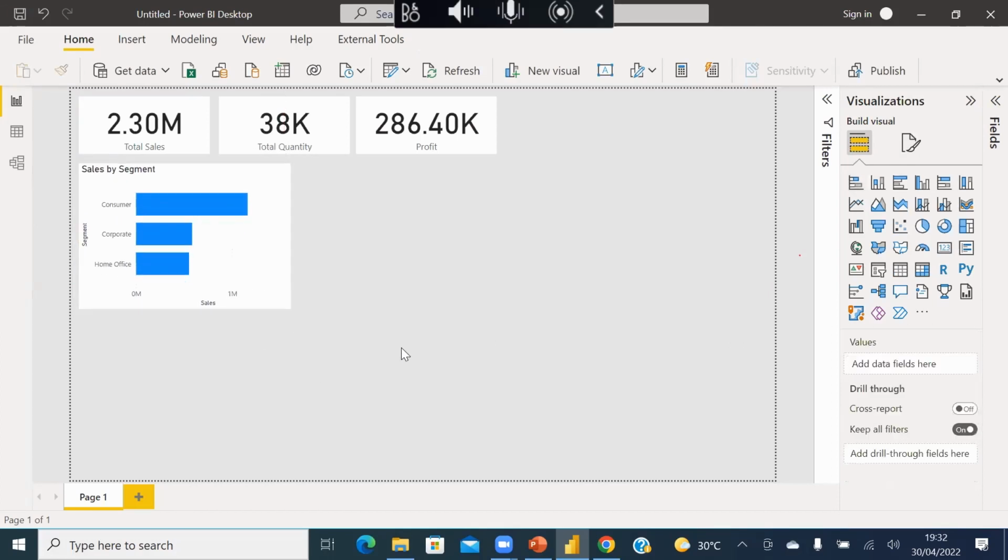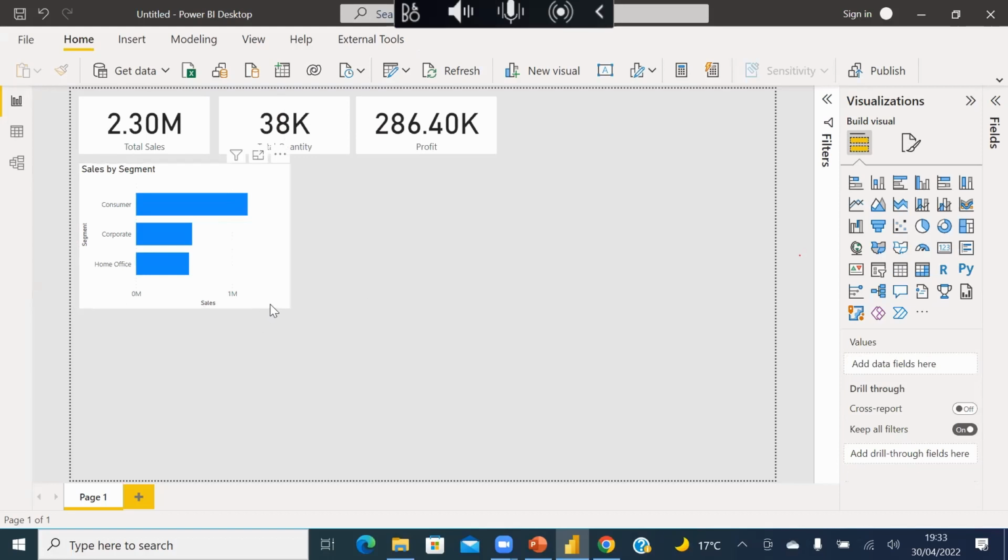Now, are you seeing the advantage? I believe you should be able to see the advantage of the background I added, right? Because the page was white. If the page is white and my visual is also white, my visuals will not stand out. So that's when I was telling you about tips and tricks, right? These are some of the tricks you can use. If you just start, give your page a background, use a very light color, a color that will not distract your visuals, a color that will just stay there in the background and not disturb you.